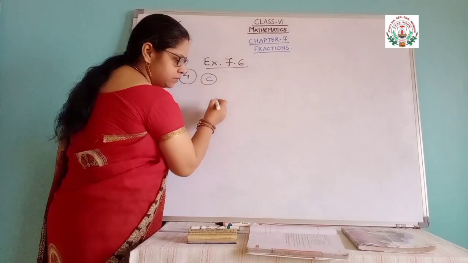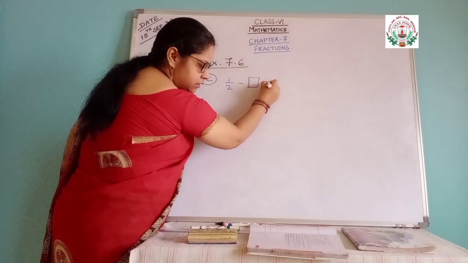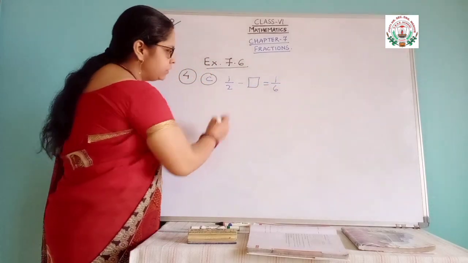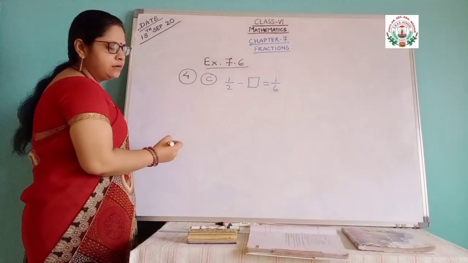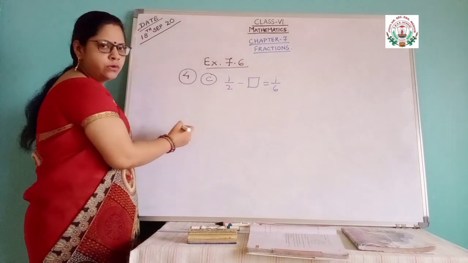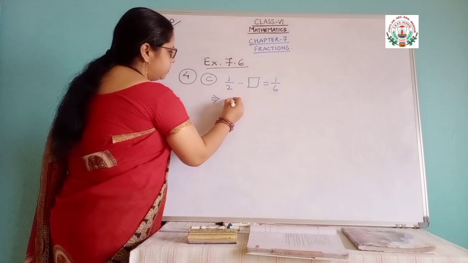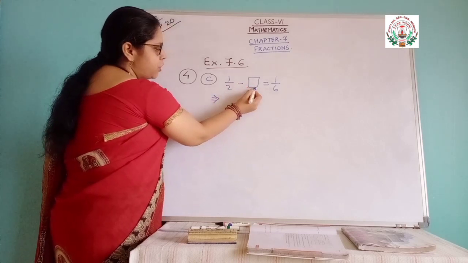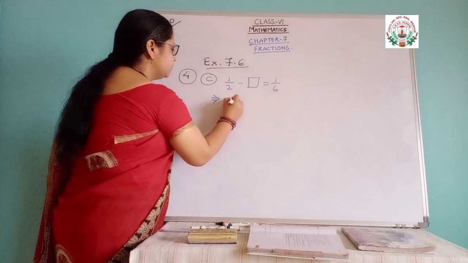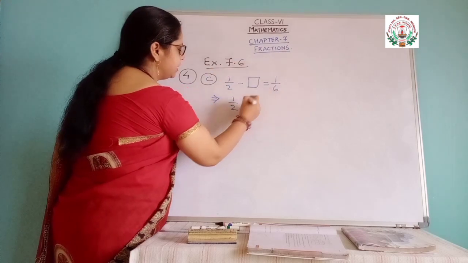here, 1 by 2 minus this box is equal to 1 by 6. Now, how I have explained transferring to the other side for the A and B part, if we follow that same method, how will we do it? This box has a minus sign, so let us take that box there. 1 by 2 will be here only, and that box we are taking that side.